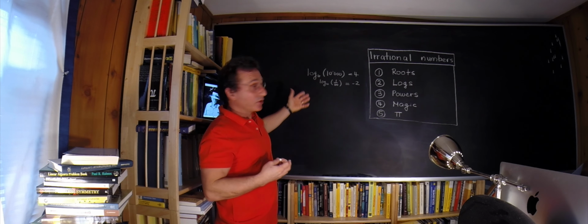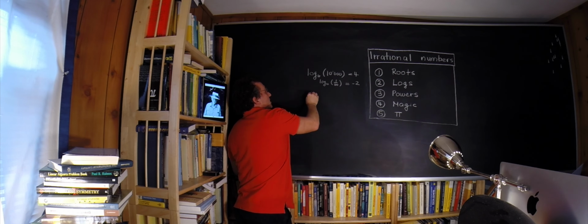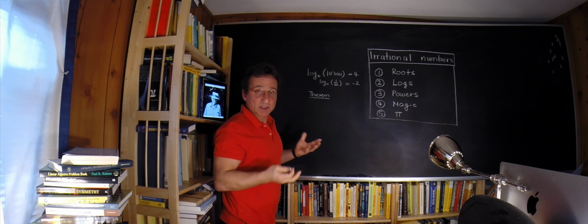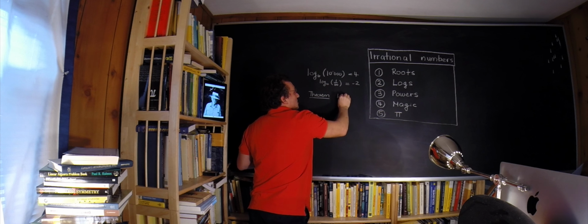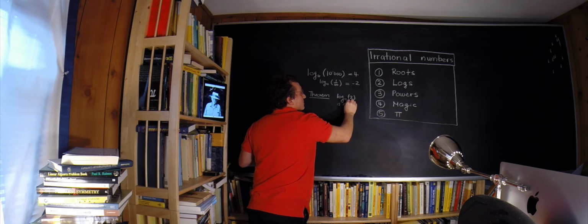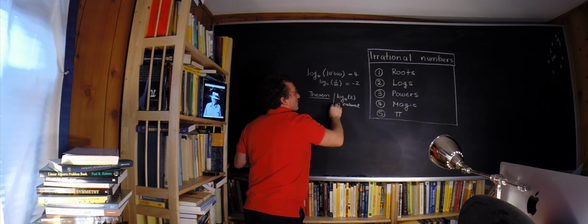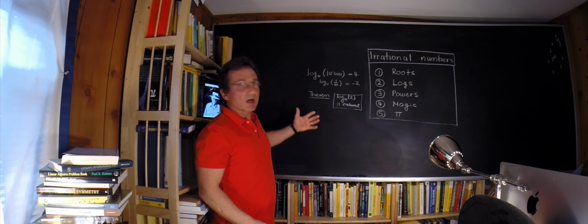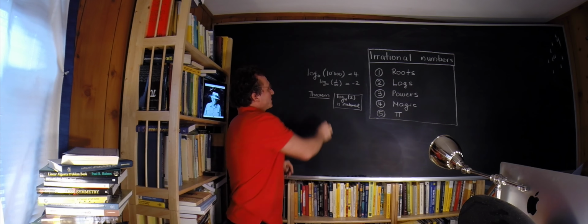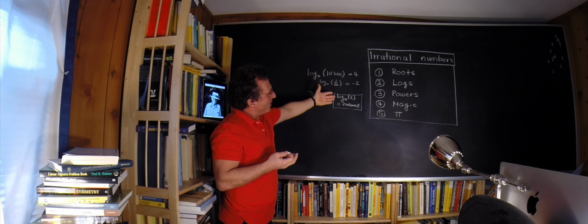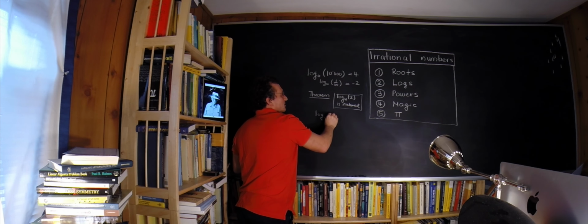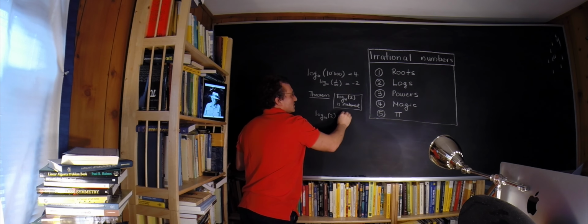So logarithms also produce a lot of irrational numbers, and the theorem which we are going to look at, just a prototype result, is that the log to the base 10 of 2 is irrational. It's exactly the same principle, and you can practice this with other numbers. The principle is to assume that log base 10 of 2 is equal to p over q.